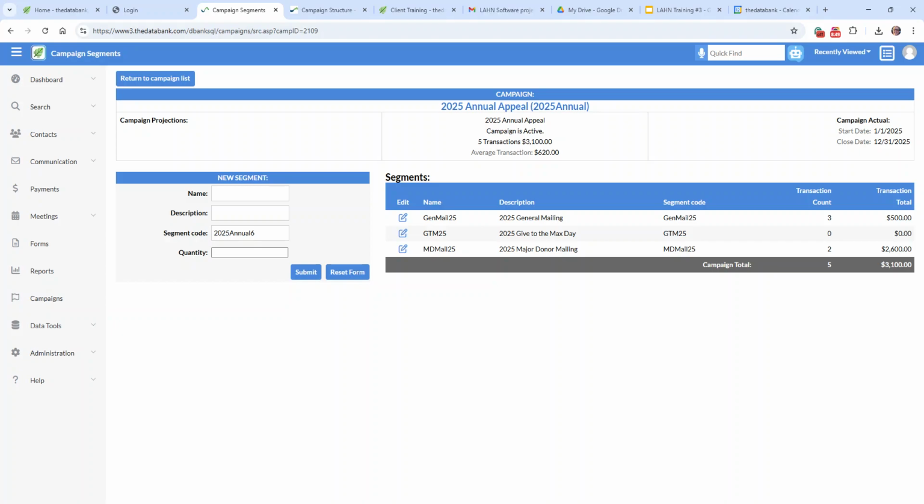Again, I'm going to direct you to that support center to help you get a better understanding of setting up your campaign and segment structures. Basic idea though is you set up campaigns and segments specific to how you want to be able to report on your